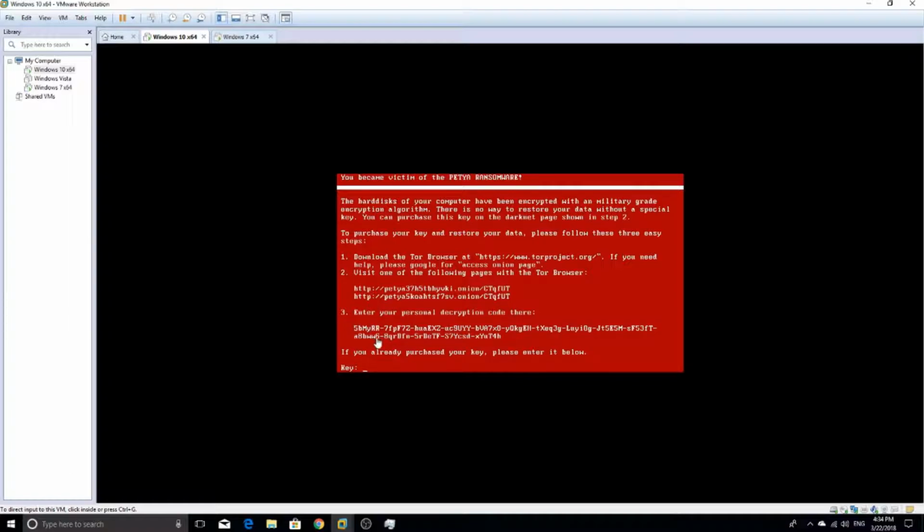You have to enter this exactly like what it says. You cannot make any error at all. You have to enter it the same way that it told you. For example, this is 5B capitalized M, Y capitalized R. You cannot just say, well, I capitalized this Y. That's not good, because if you make a single error, the decryption code is going to be different, and that is not going to help you. So we have to enter it correctly,